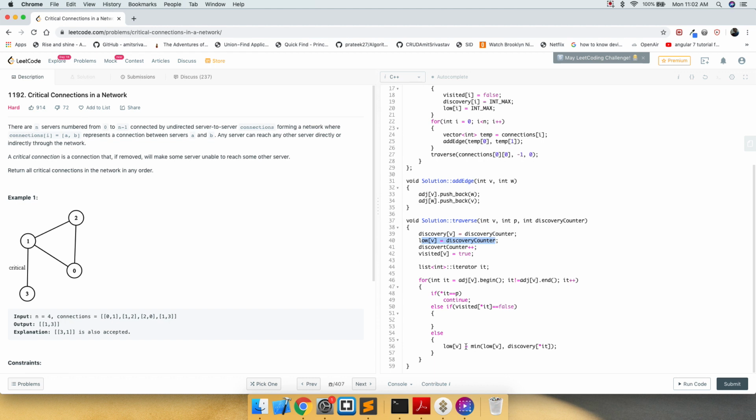It would be lower than the discovery time, or the value set using the discovery counter. So this is one way we update the low, and the other way is we call DFS for the children, and in this case we are going to call it for 3. So 3 becomes the vertex and v becomes the parent, and then we pass in the discovery counter.